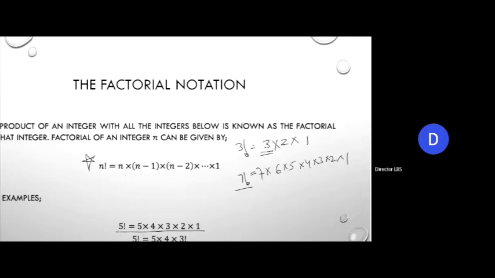Some examples I have taken, like 5 factorial can be written 5, 4, 3, 2, 1. It can be written 5 times 4 times 3 factorial, or 5 factorial can also be written 5 times 4 times 3 times 2 factorial. Or it can be written as 5 times 4 factorial. So factorial is nothing, कोई भी integer है, 8 है जैसे, तो 8 से नीचे how many integers are there? If I look at till 1, so it is 8, 7, 6, 5, 4, 3, 2, 1. I'm going to multiply them all. That's it, that becomes 8 factorial. Right? So this is what the factorial notation is all about.